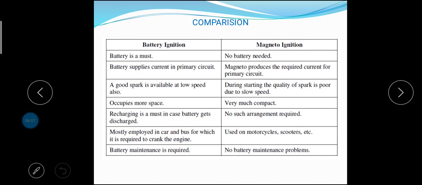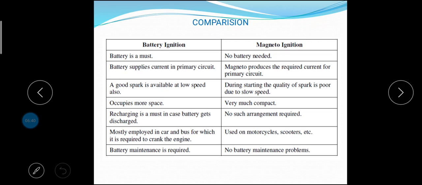Spark intensity in case of battery system remains unaffected by advance and retard position of the timing control mechanism, whereas the magneto is restricted in this respect, and simplicity of the distributor drive is still another factor in favor of coil ignition. If the battery is discharged, it can be easily charged just by removing it from the vehicle. Internal defects require dismantling the armature, for example condenser failure.